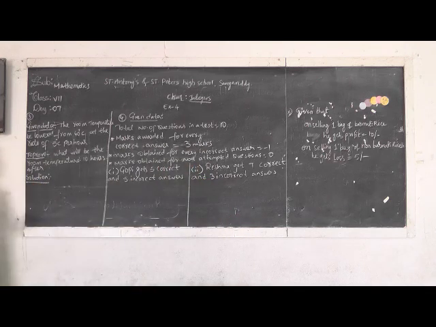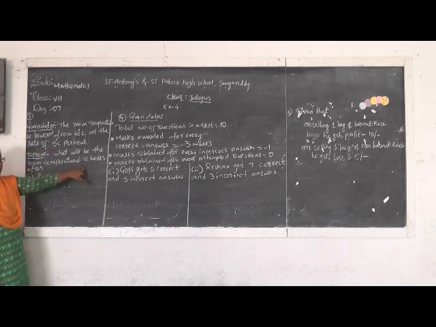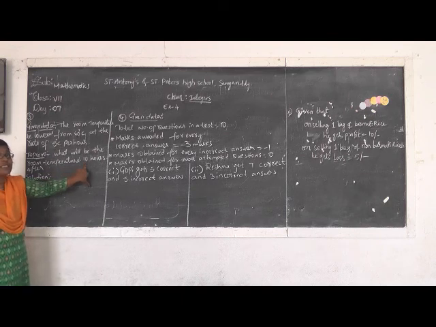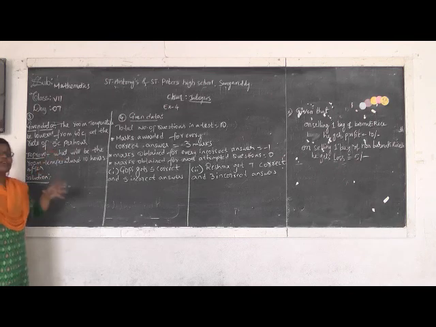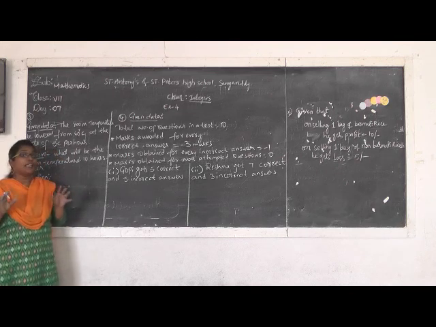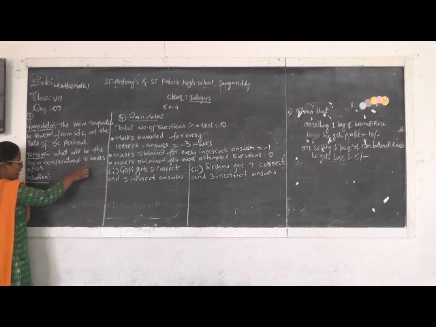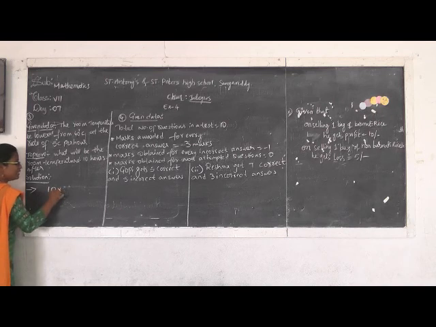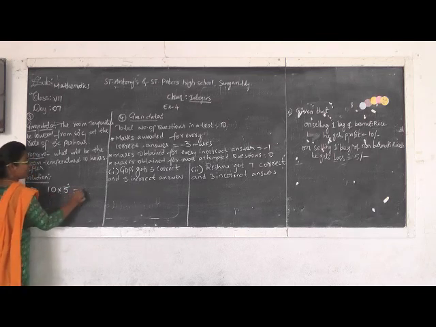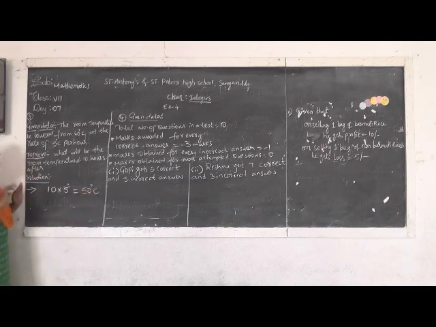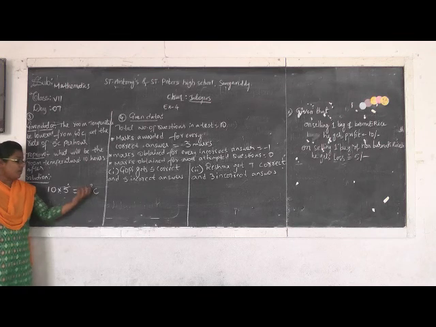Look here. First observe the question. We have to find after 10 hours. Per each hour, how many degrees was it reducing? 5 degrees Celsius. So completely how many degrees will it reduce? Totally 50 degrees is what we have to find. The temperature will reduce for 10 hours, right? So 10 hours into 5 degrees Celsius per hour. 10 fives are 50 degrees Celsius. So 50 degrees Celsius will reduce completely in that session.